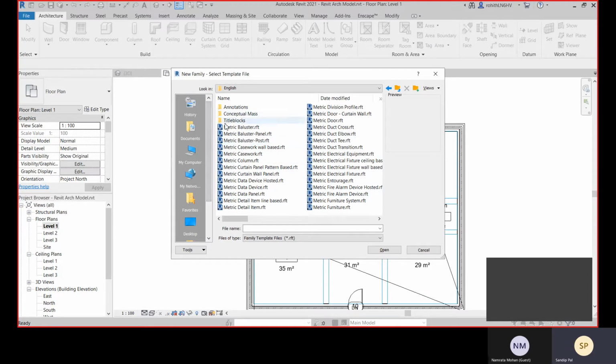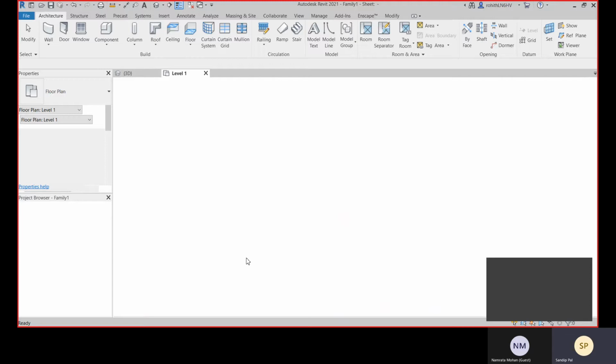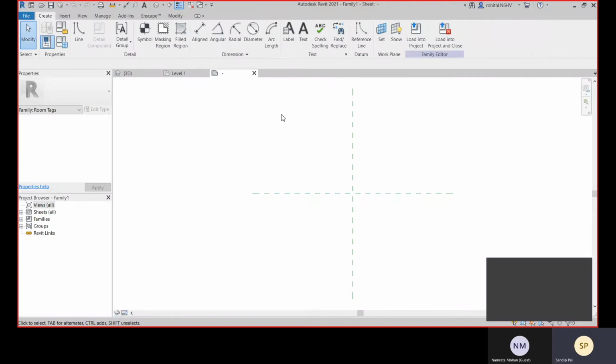Now this will not be under the model categories, so these are all related to model categories. So you have to come to this annotation folder, and there you have to select the room tag. Okay, this is available, room tag, and open.